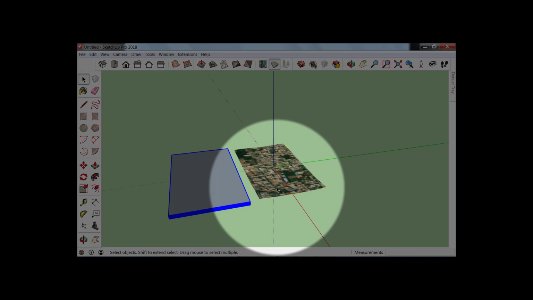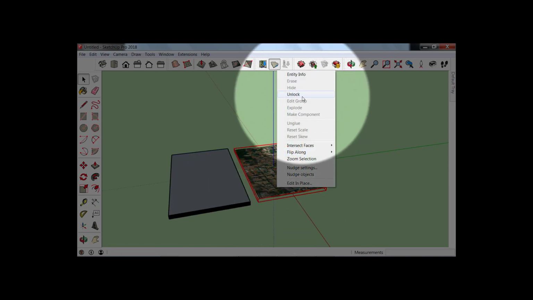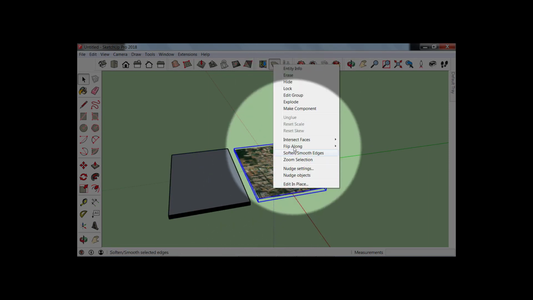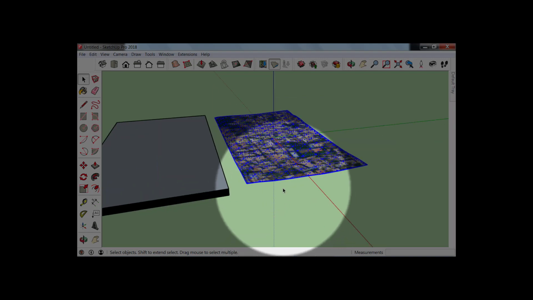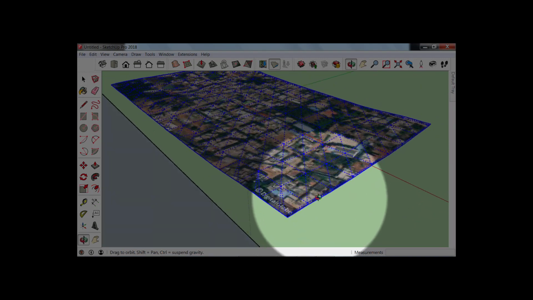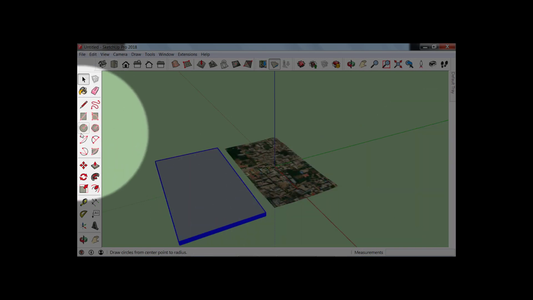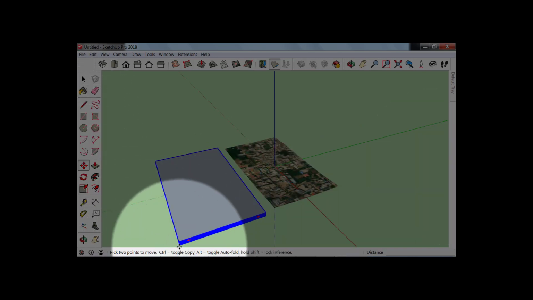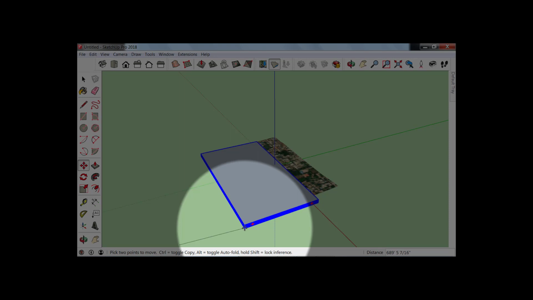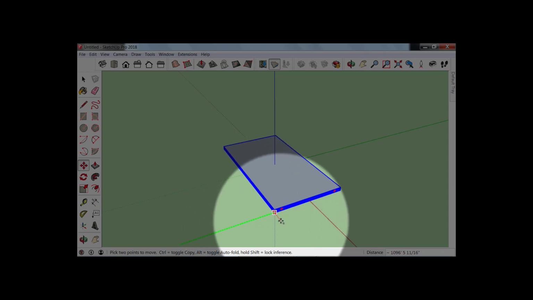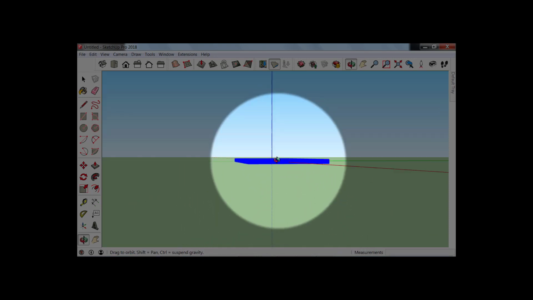Now select this, unlock, and then explode. See how it has exploded. The image is completely exploded. Now move this back to the original position, moving it in the Y direction like this.